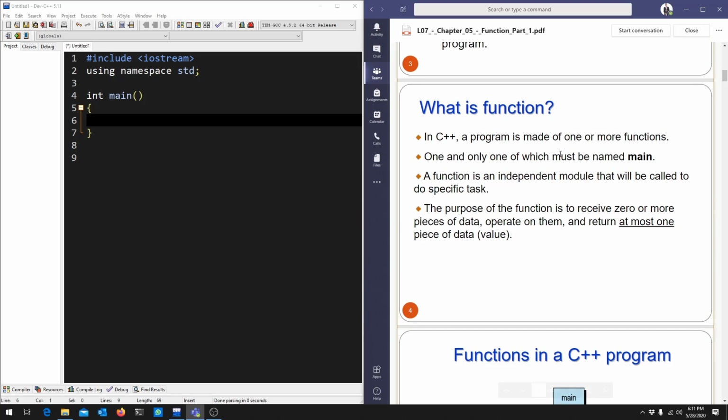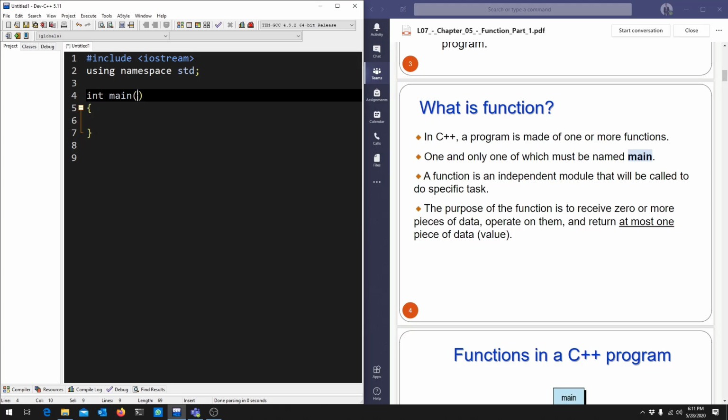Okay, what is the function? One and only one of which must be named main. If you can see here, this is the identifier and this is the round bracket. As I told you before, if there is a round bracket, it means that this is a function. So is int main a function? The answer is yes. Main is a function, but it is a very special function